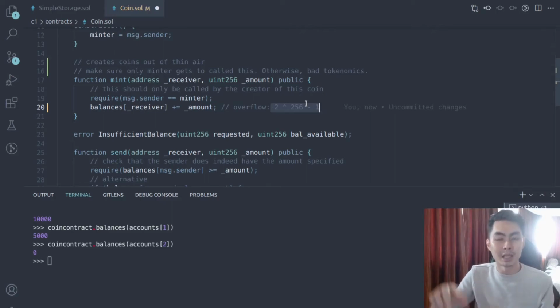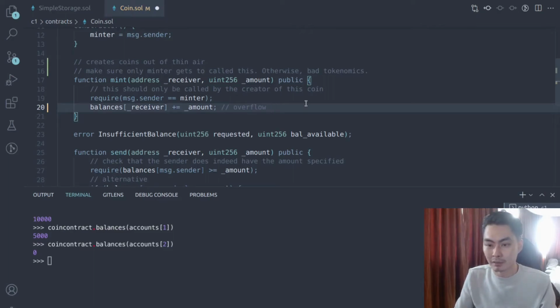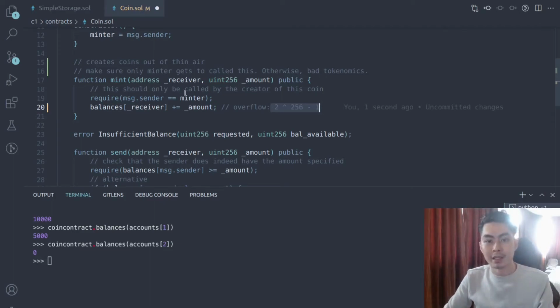Except in Solidity, it doesn't happen that way, because of this idea in Solidity called checked arithmetic. In the past, you needed third-party libraries to guarantee that, but now it's built in anyway. So you don't have to worry about the overflow phenomenon, but you need to be aware that it could happen. When the balance plus this amount goes over the limit of 2 to the power of 256 (why 256? because it's an unsigned integer 256), then it will